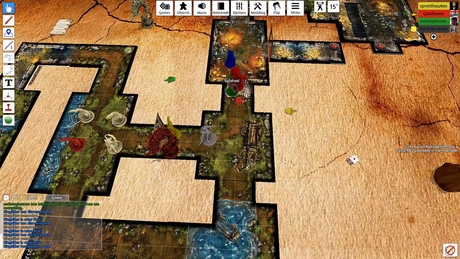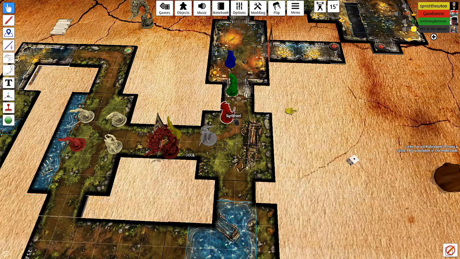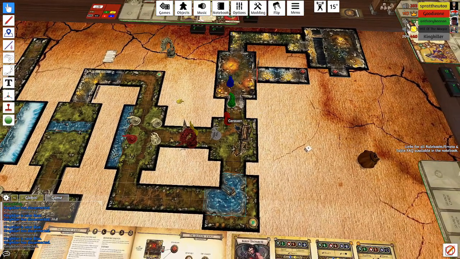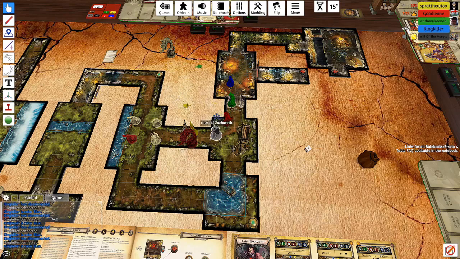1, 2, 3, 4. That's 1 out. I'm going to be short on fatigue. That defend, how many fatigue do you get? 4. You get 4. Right. So I'll do that. That's another fatigue. Jeez, I'm feeling really tired. 1,